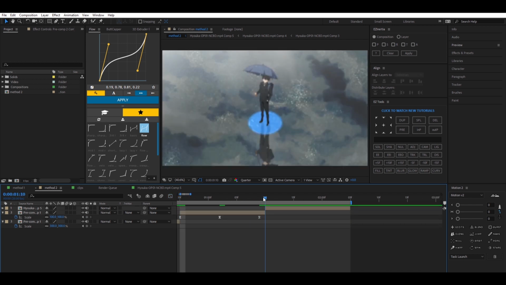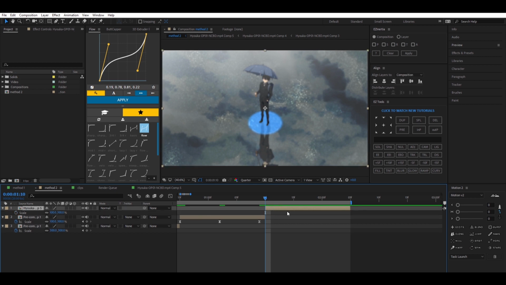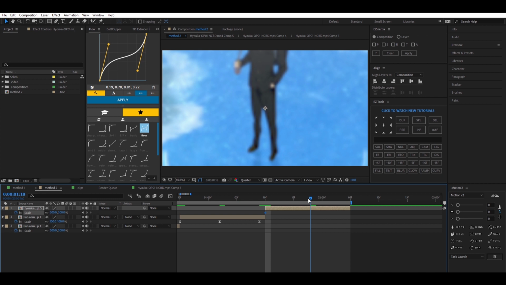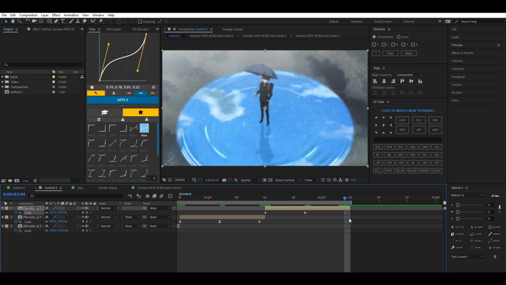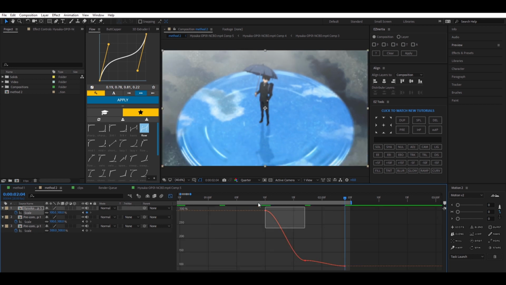And then on to the scale part. So we're gonna also use 3 keyframes on this, but it's gonna be different values. So keyframe scale in the beginning, make it 300, and then at the middle you're gonna make it like 120, and at the end it's gonna be 100, like so. Highlight it, F9, and then just graph it like an inward and outward graph.